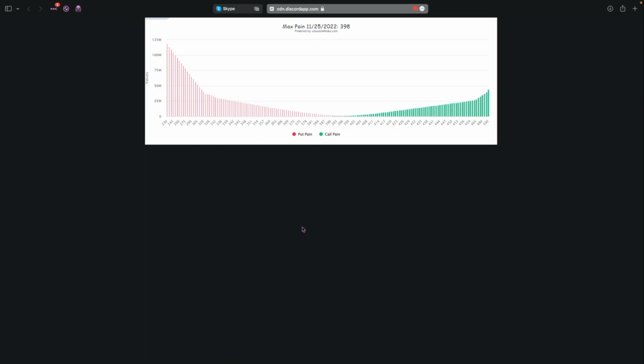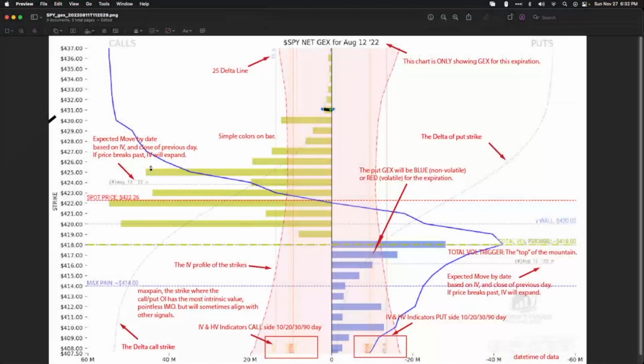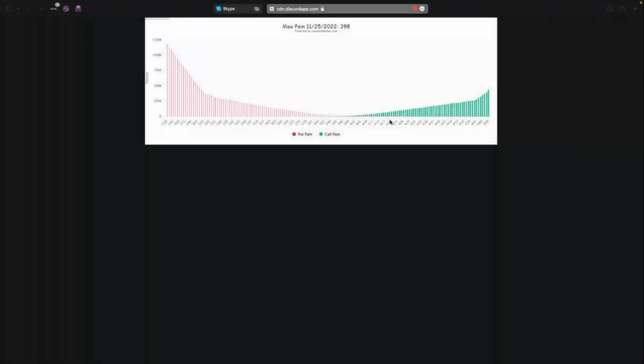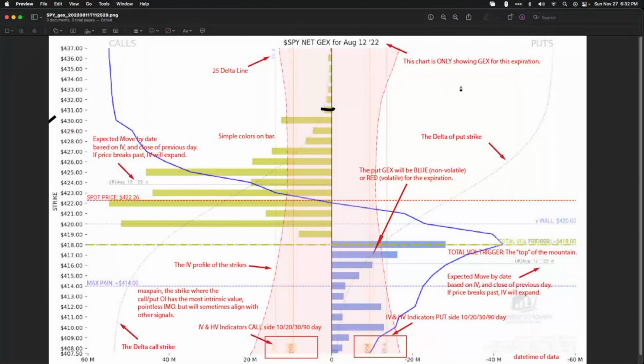So let's just run through a scenario real quick. Tomorrow we open up. Okay, we got 398 right now. Let's just assume it's 398 tomorrow. We open up at 402 SPY. Right, vol trigger is what, 398. Max pain's 398. You got a huge positive GEX at 400. I haven't even looked at it yet. I'm assuming that's what it is. Yeah, let's just make it up. Well, I've looked at it so many times that's what I think of right now.